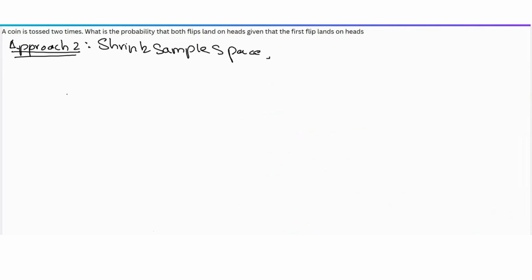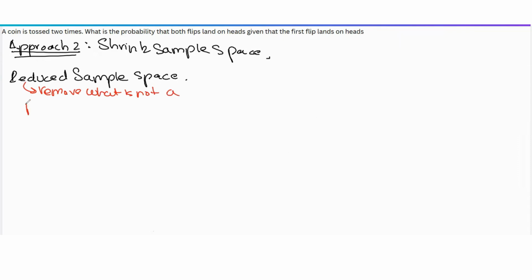The first approach is just apply the conditional probability formula. The second approach is shrink the sample space. So essentially what you want to do is find the reduced sample space. Now, what do we mean by reduced sample space? What we mean is remove what is not a possibility. In this case, we are given